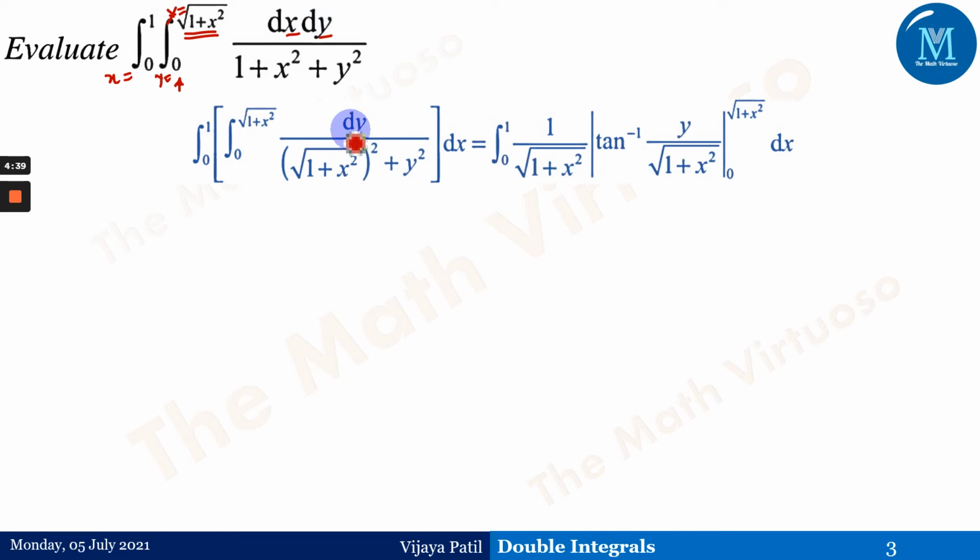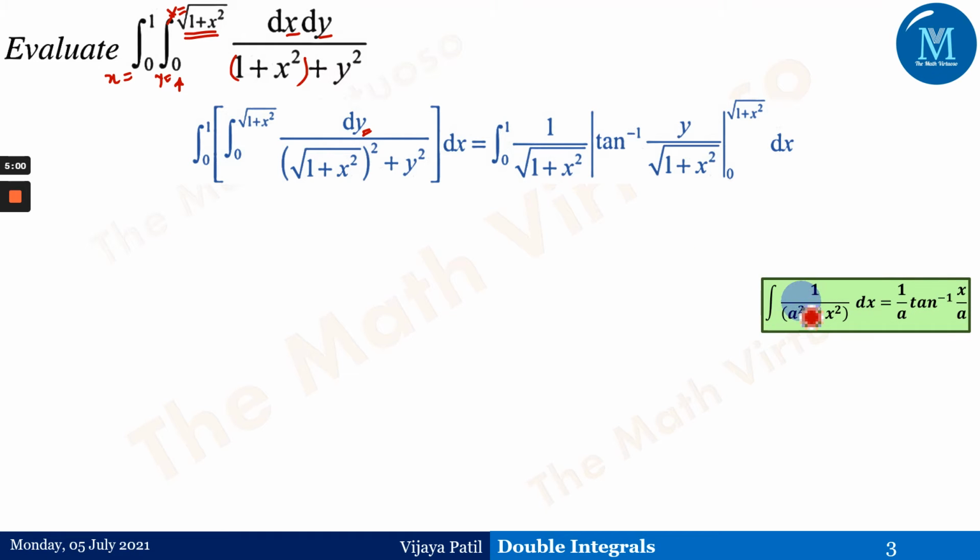So accordingly we need to find out the integral. That means we will be solving the inner integral first, which is with respect to y. So if we observe here, this 1 plus x square will be a constant for our case, because we are dealing with the y here. So it's a squared plus y square. And we know that